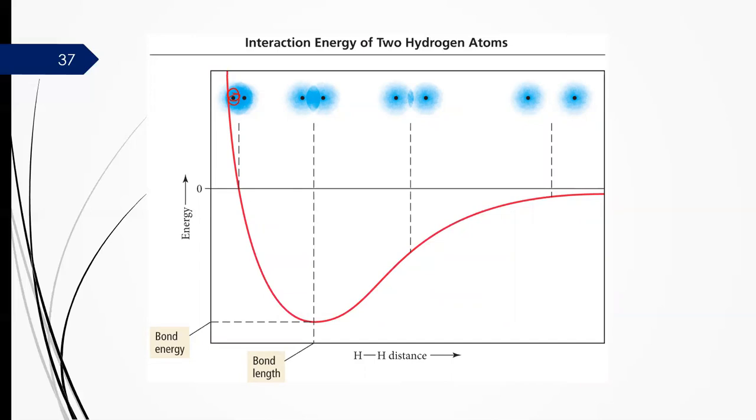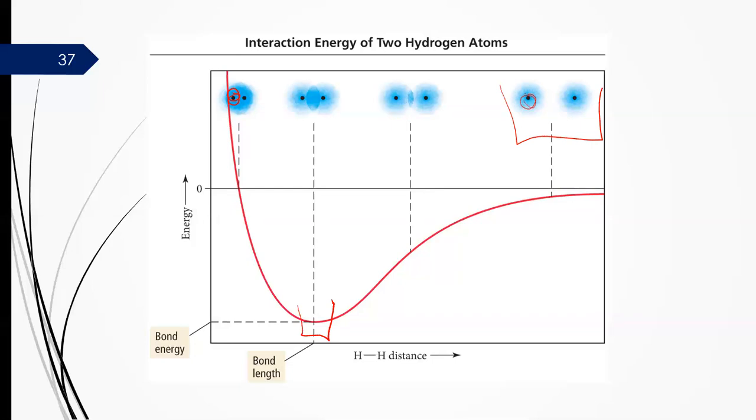But if we start to pull those two hydrogen atoms away from each other, kind of like what we have here, now we've moved so far away that this second nucleus doesn't really give us much of a benefit towards being attracted to those electrons. And so what we found out is that there's a specific range where we're as close as possible so we can really get the benefit of that other nucleus,